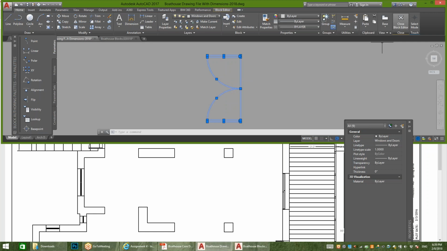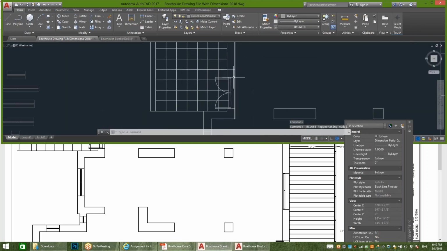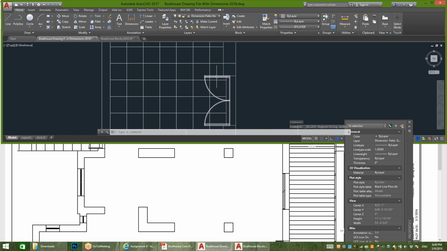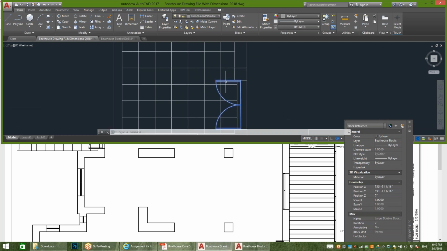And I'm going to close the block editor with this X that says close the block editor. None of these, because I haven't saved my work yet for one, and I don't want it to close out of my drawing. When I want to close, it says save the changes, and I'm going to save the changes because I want it to retain that layer property. Now look, I can see it's not gray anymore, and it's on the layer that I want it to be,